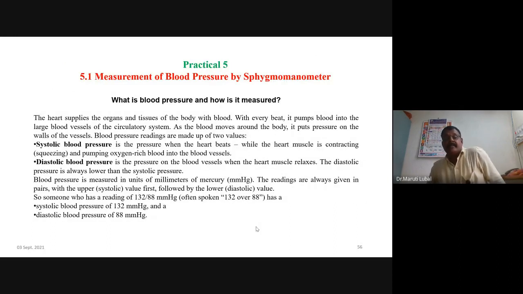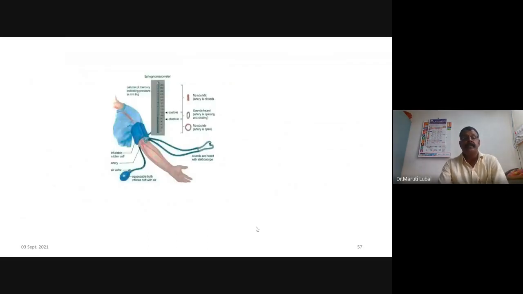The heart supplies the organs and tissues of the body with blood. With every beat, it pumps blood into the large blood vessels of the circulatory system. As the blood moves around the body, it puts pressure on the walls of the vessels. Blood pressure readings are made up of two values. Those values are systolic blood pressure as well as diastolic blood pressure. This is the